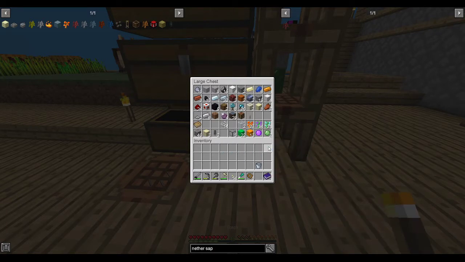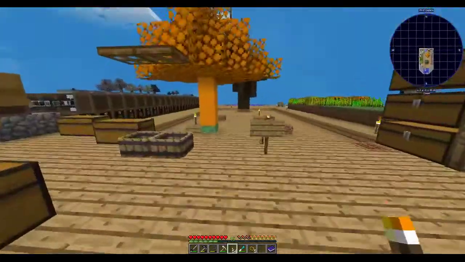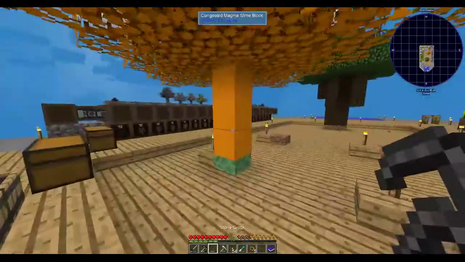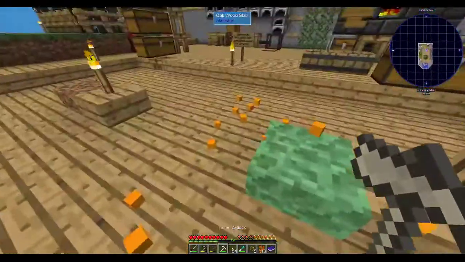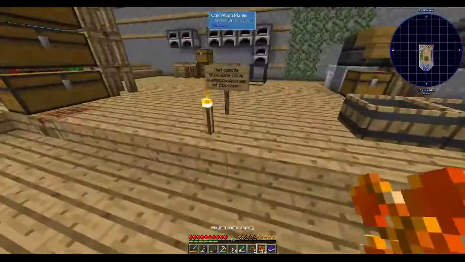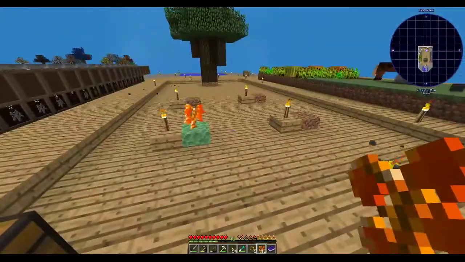Alright, and now we got a clear inventory. Ready for expansion. Ready for new projects. Ready for the next frontier. Okay, which is just slime, I guess. So, if we want to,